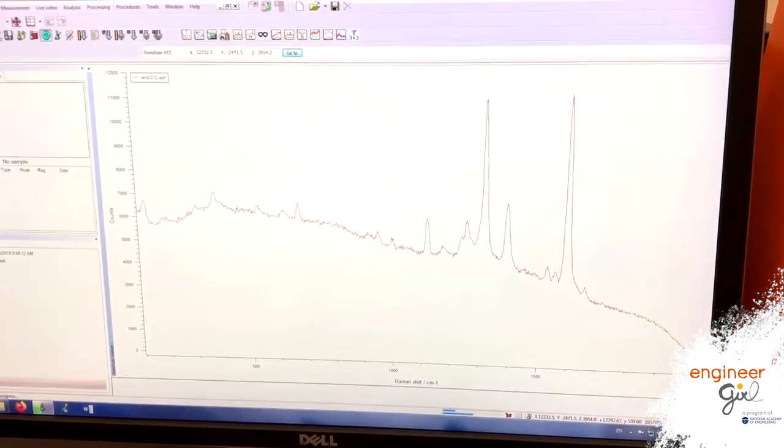So do you know why we use the word fingerprint now? Yes, because you saw the difference between that one and the other. All of them have their own specific